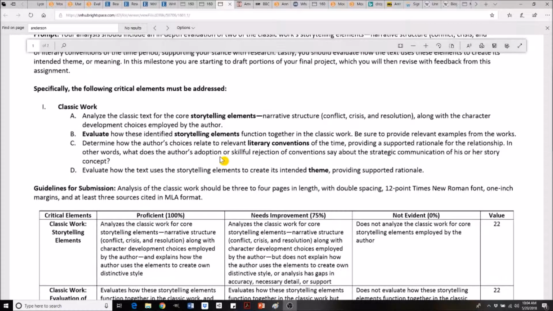And then provide evidence of it from the classic work itself, where these conventions were adopted or where they were rejected. Remember, just like the journals, when I posted about the journals, always provide examples showing what you mean. You could tell me that yes, the author did adhere to the literary conventions of so-and-so. But then show it using examples from the work, or secondary sources that use examples from the work, or some kind of evidence that demonstrates that claim.